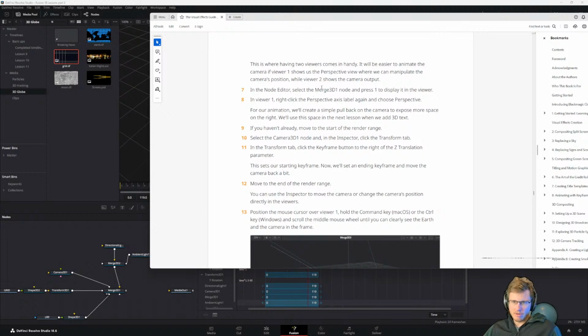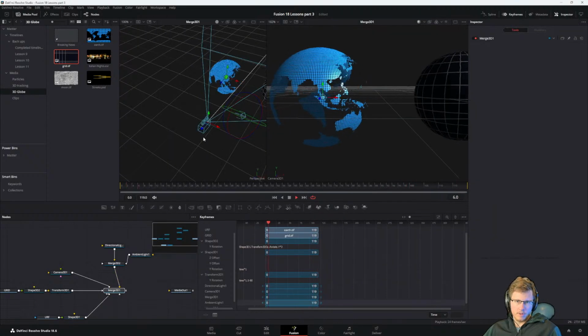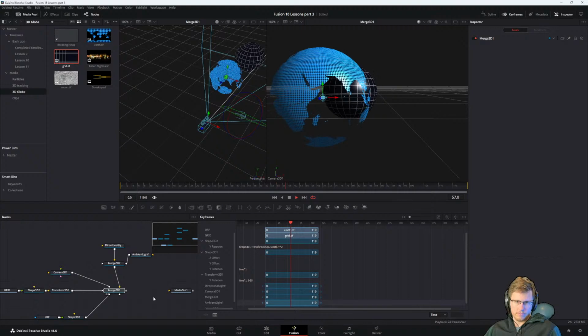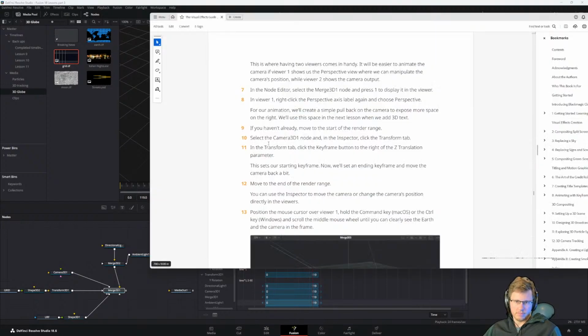And then in the node editor, select the Merge 3D one. Put it there. Right click perspective to choose perspective. For our animation, we'll create a simple pullback on the camera to expose more space on the right. If you haven't already, move the start of the render range